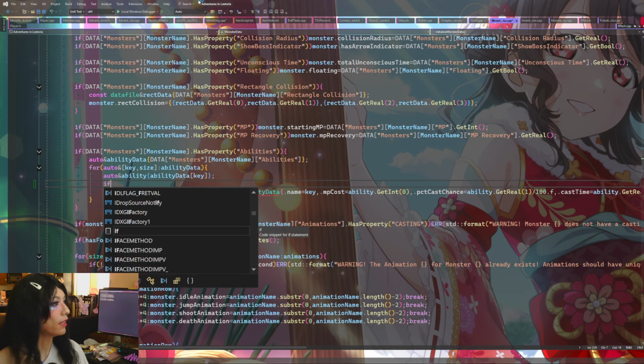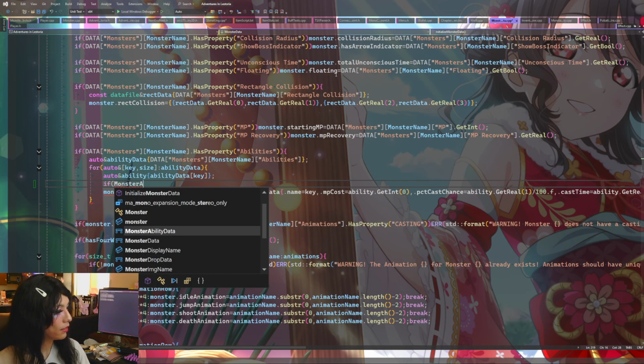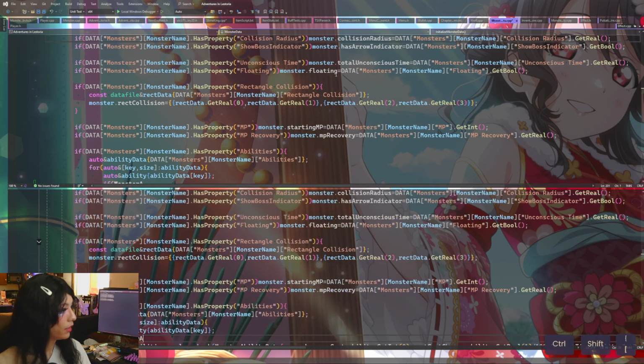So let's go ahead and do that now that we can. These abilities are static, so we should be able to just say monster ability. Well, we're going to have to include it. So we're going to include monster ability.h, and then down here we're going to say if monster ability